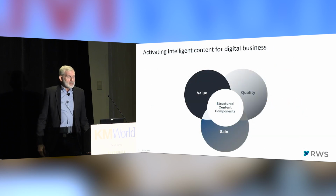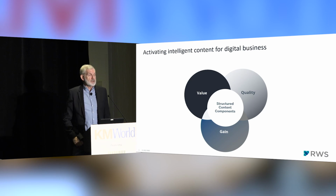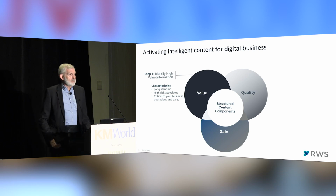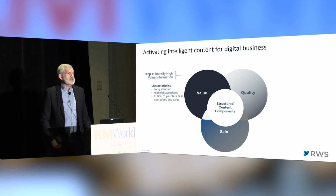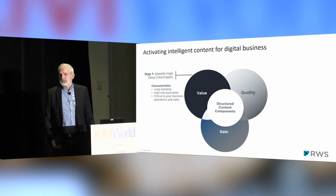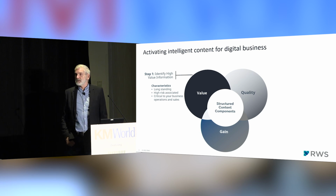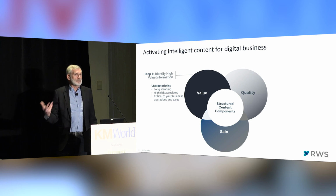Okay. So, how do organizations that we work with go about activating intelligent content? The first thing we look for are long-form documents. Again, this is highly valued information within the organization, either operational or sales or other types of information. It tends to have long life cycles. It has frequent updates. So this could be procedural, policies, information, task, troubleshooting, help files, very repetitive type product